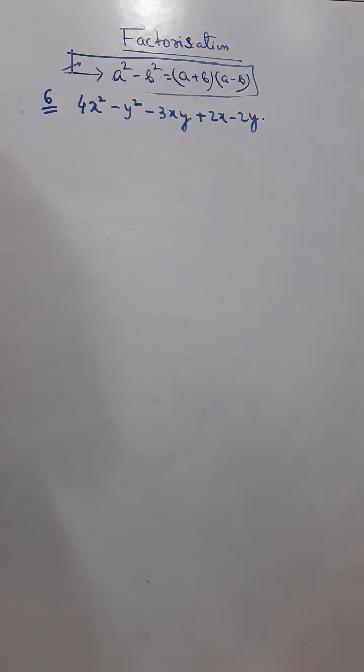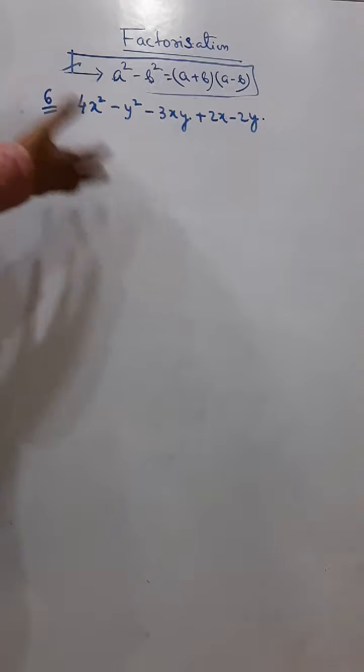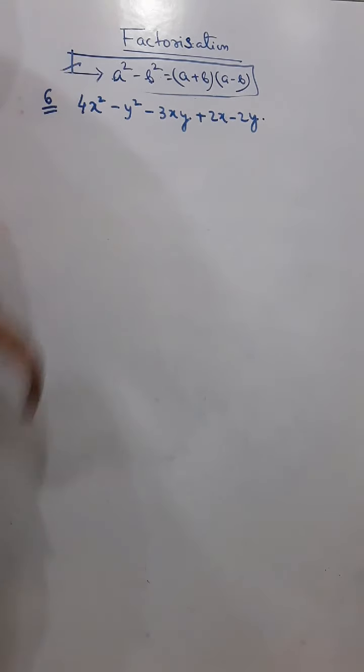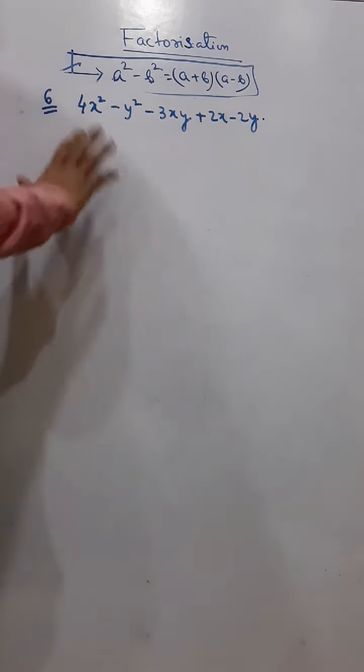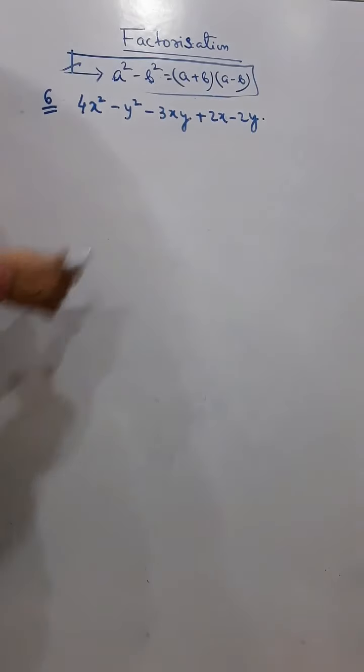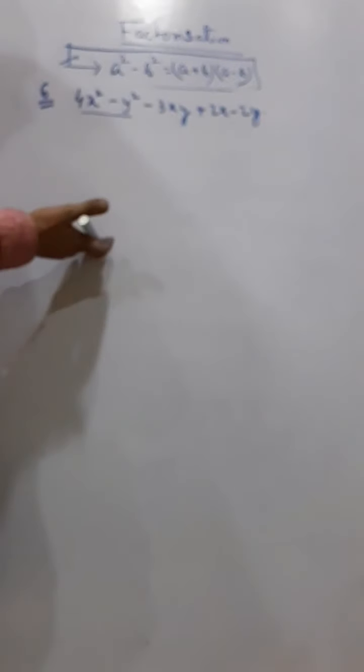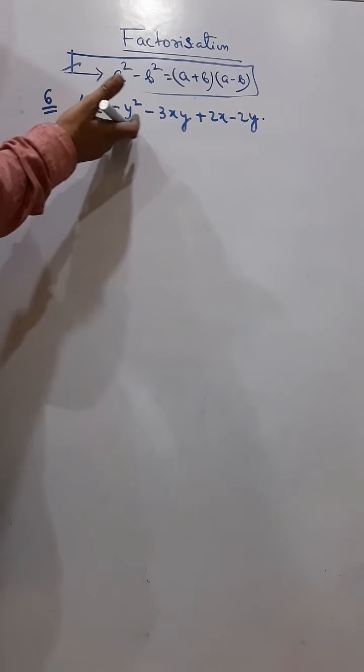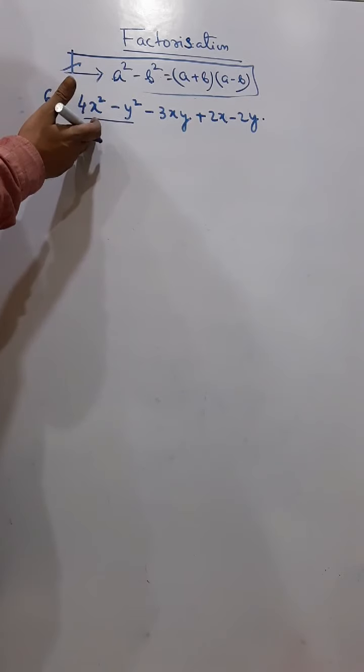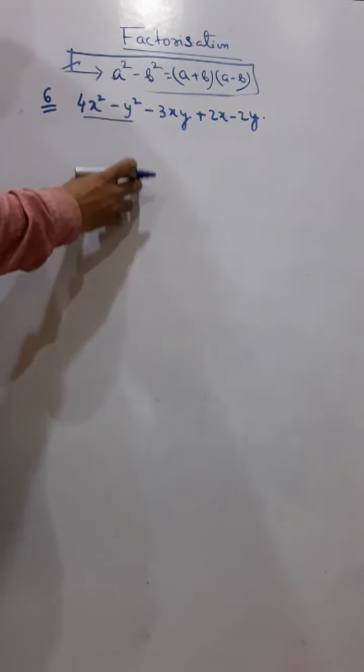Okay, now you see this sum. Now this sum is a little bit different. So you may find some different sums. So you have to use your intelligence and you have to do a lot of practice and see solved examples. You will have an idea. Here if somebody asks you to factorize, what is the first thing you may think? You may think to convert this into A square minus B square, but there is no use. After that, what will we do? Because you can convert only this part. Then what can you do with this part? Can't do anything.